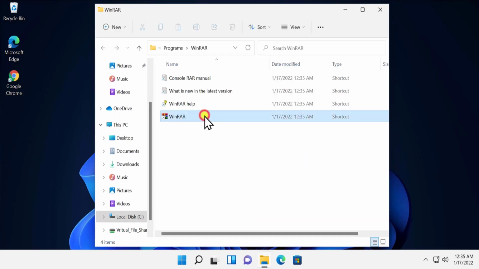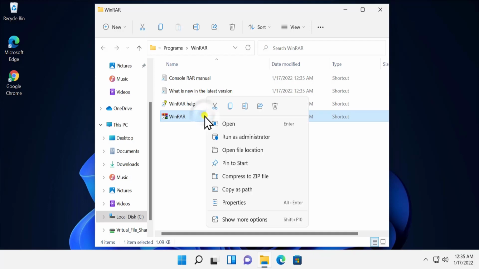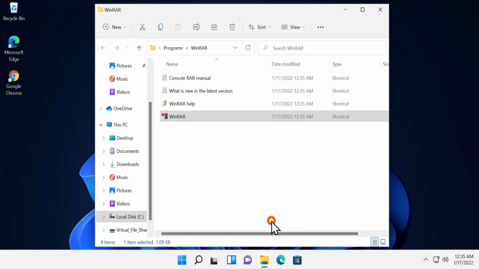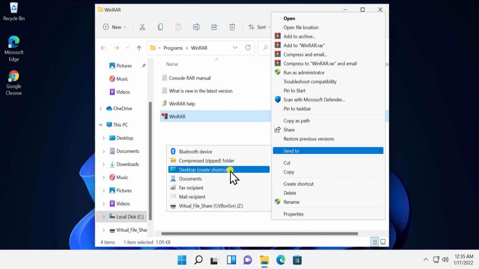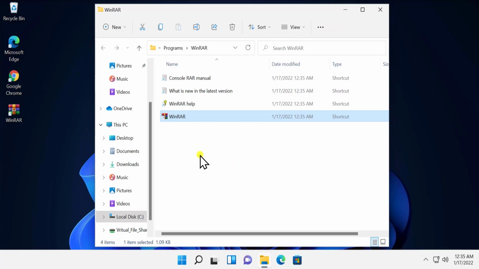Alright, here you have the WinRAR shortcut. Do a right click. Select show more options. Here click on send to, click on desktop. If you would like to make this WinRAR icon your desktop icon, then you can select this desktop shortcut, or if you do not want to make WinRAR your desktop icon, then you can simply delete this one,